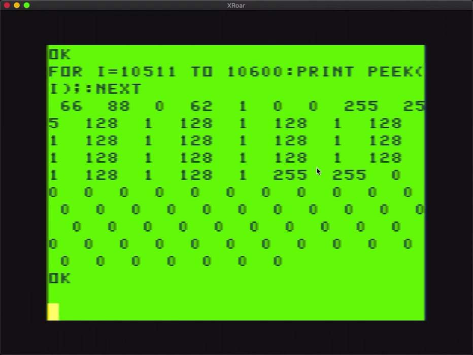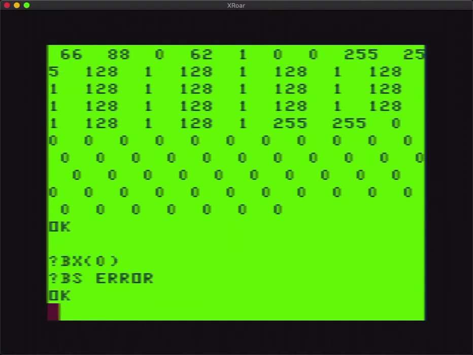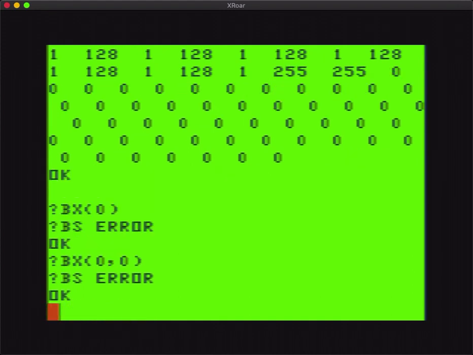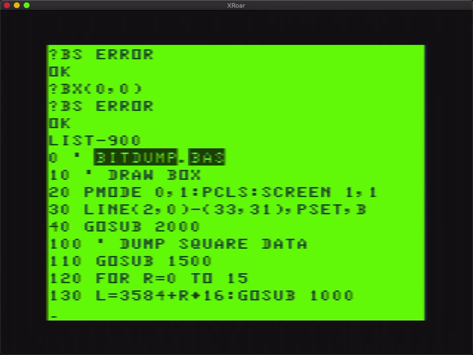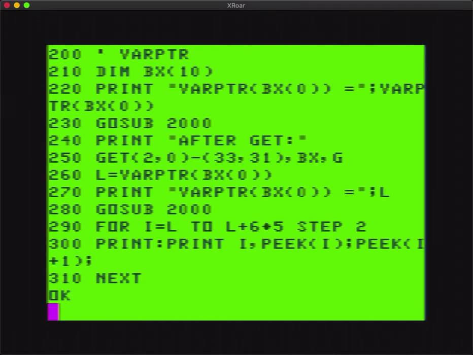So it looks like it actually copied the actual square that we wanted. But it corrupted this variable when we did that. So now we don't have a variable to even do a variable pointer of. So that's going to be the next mystery, to go further into how this array is being used to store